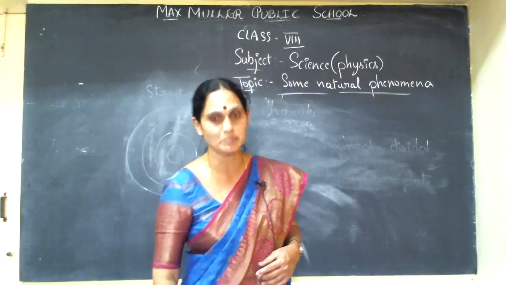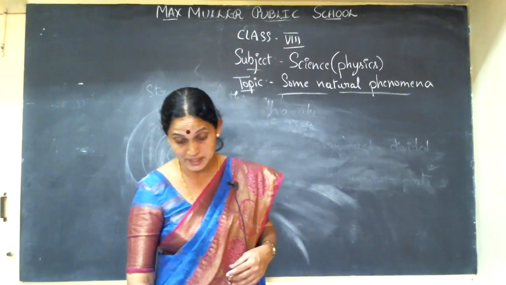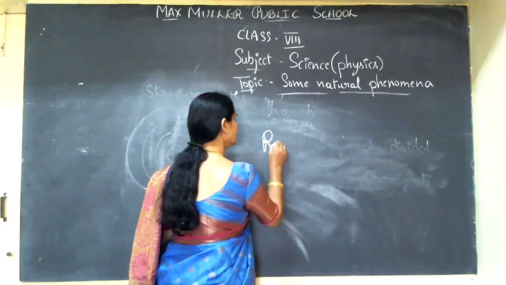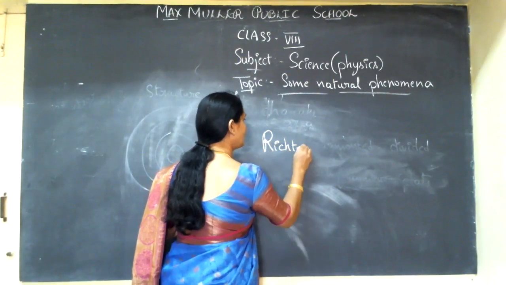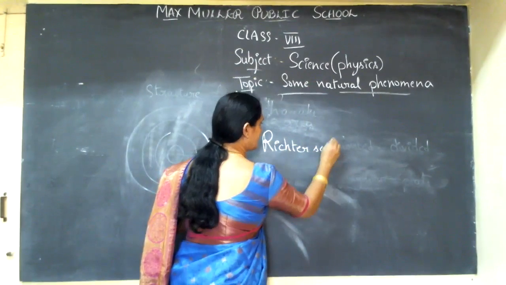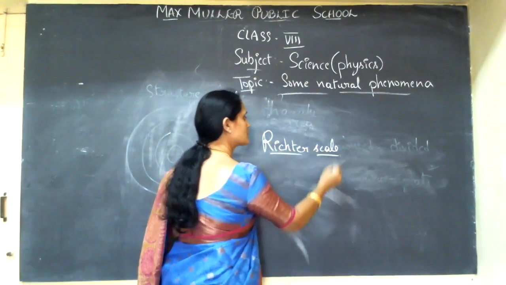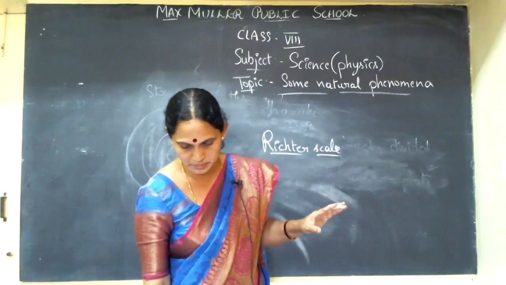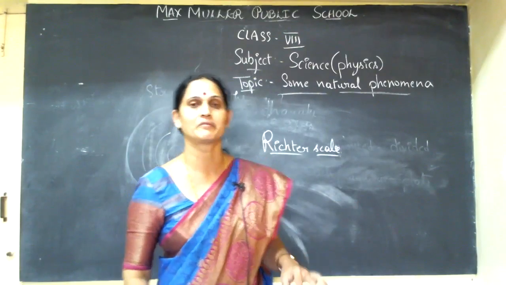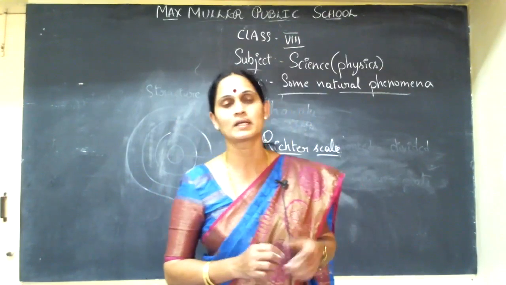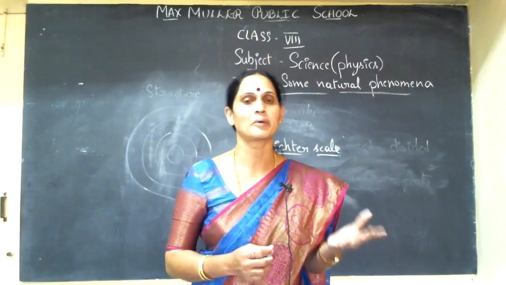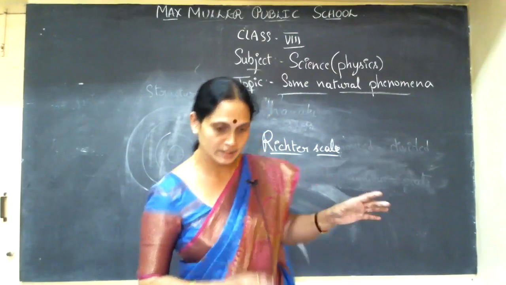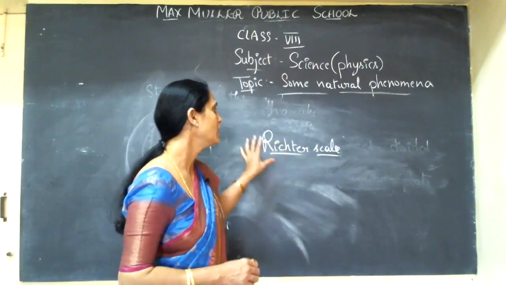And this earthquake is measured and expressed in terms of magnitude called the Richter scale. You would have heard, whenever an earthquake occurs, on TV they tell you, as per the Richter scale, the quake was at this level. See, for everything there is a measurement. As I said, milk is measured in liters, solid particles in kg, and electric current in amperes. Like that, the magnitude of an earthquake is measured on the Richter scale.